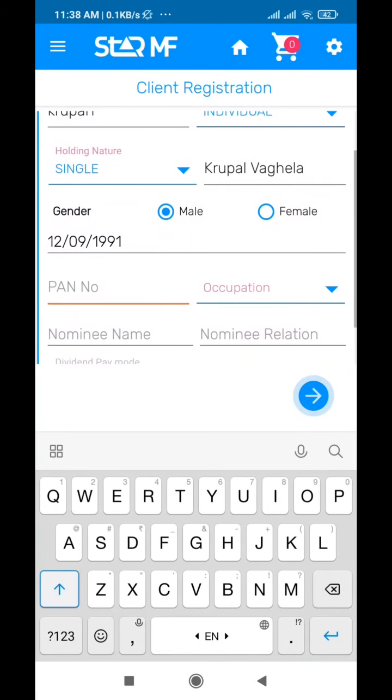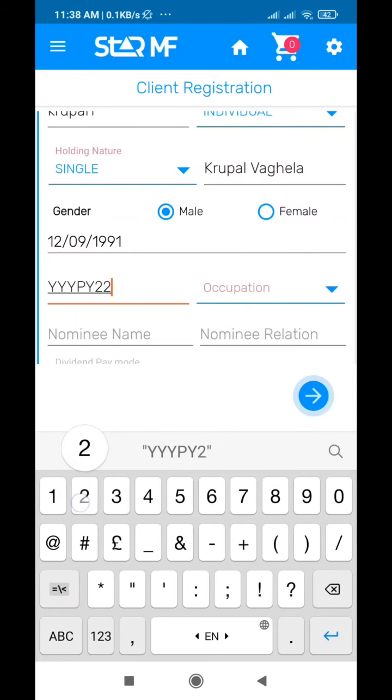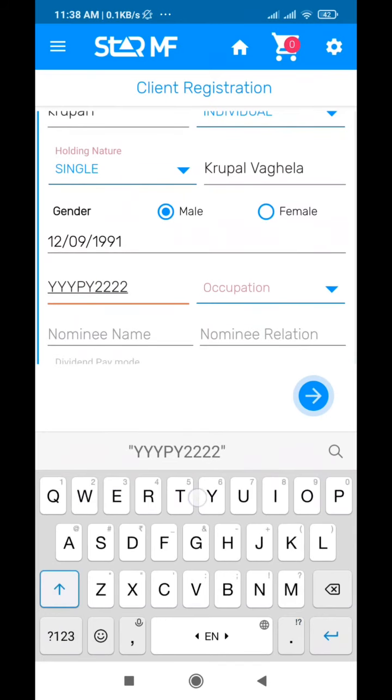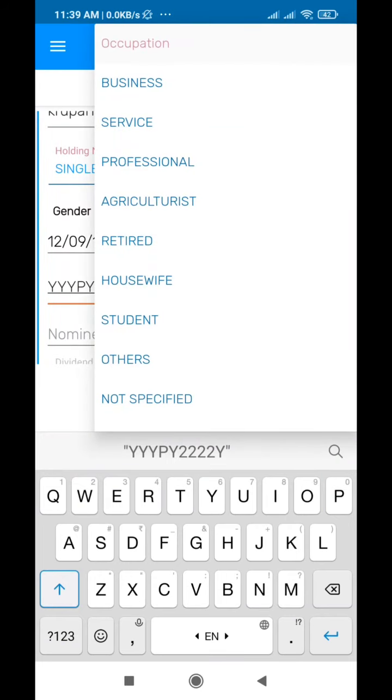After that, enter the PAN number of the investor. So I will enter the PAN number of the investor. Then select the occupation of the investor.